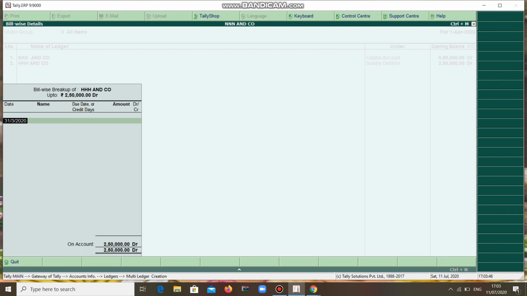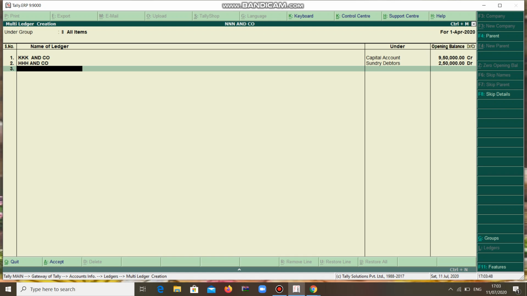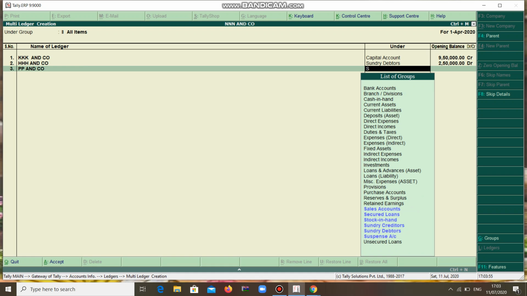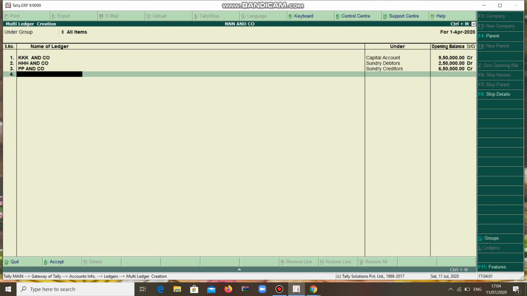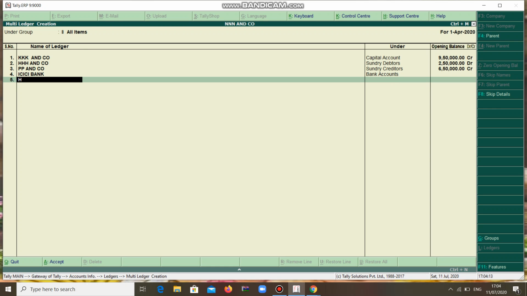Another one, PP Company as a sundry creditor. Sundry creditor means one who gives, so he is giving money to your company. Okay, after that I am going to create bank accounts. A company has to have bank accounts, like ICICI Bank under bank account. Another one, HDFC Bank